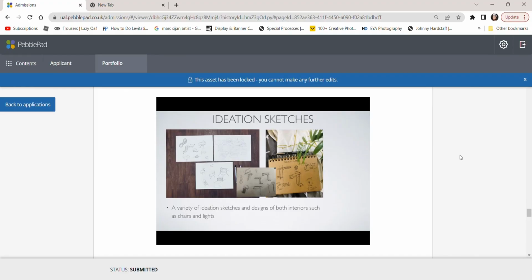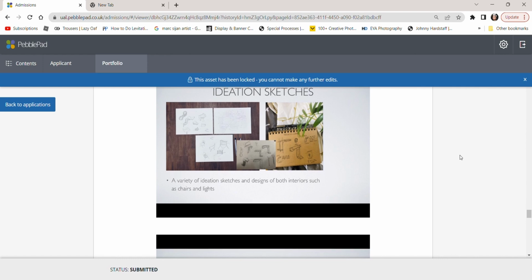Plywood and neon lights, and the mood for it was futuristic but also contemporary, and that was the part I wanted to design because with art, I said art, with Nike it's more about futurism and contemporary art and all that type of stuff, so that's what I wanted to symbolize. So yeah. The next page is of my ideation sketches while I was in product design for a bit, but